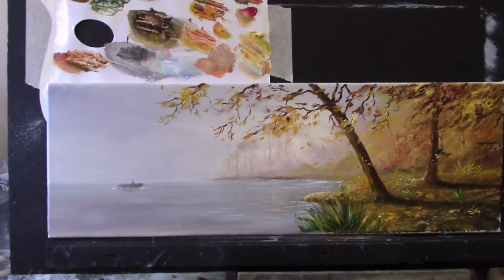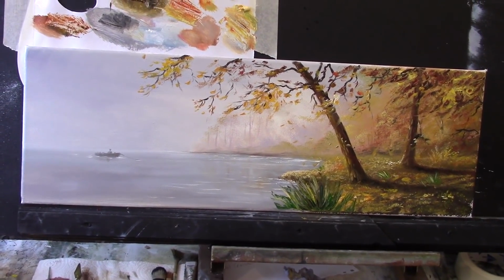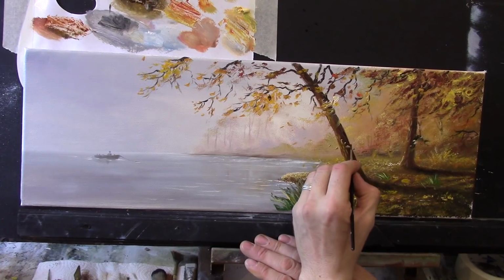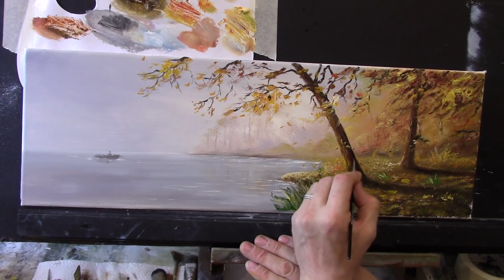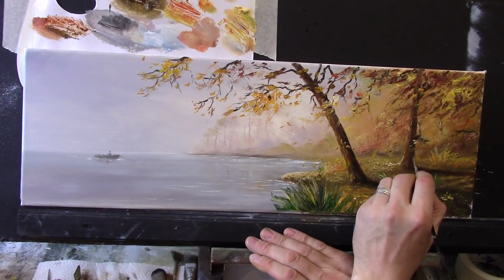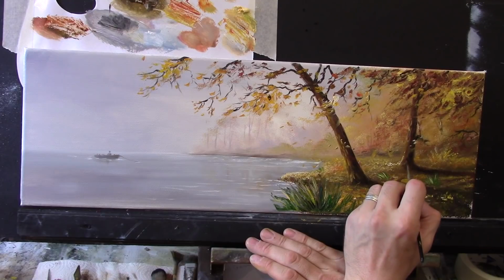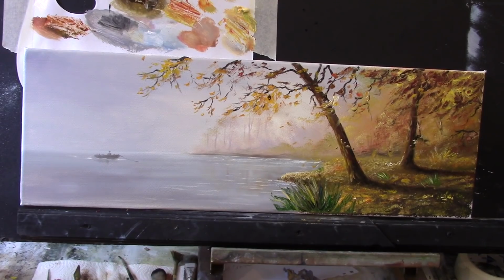So that's it. Isn't that lovely? So I think that is a success. Let me just darken some of these trees to show you what I mean. Okay, some black and a little couple of flicks of black just here and there. You see? No, that's fine. That will do. Job done. Let me turn the camera and